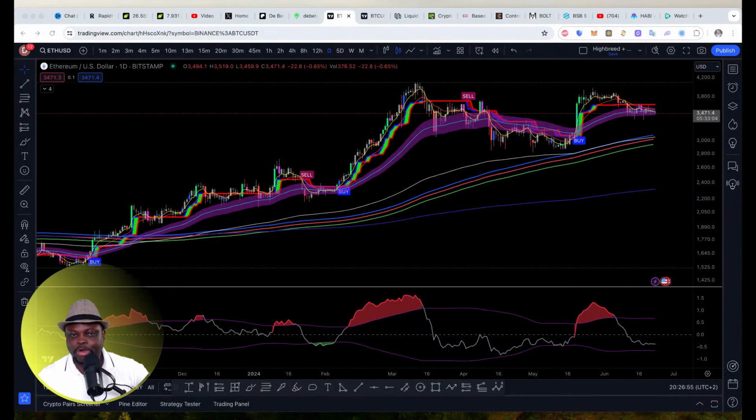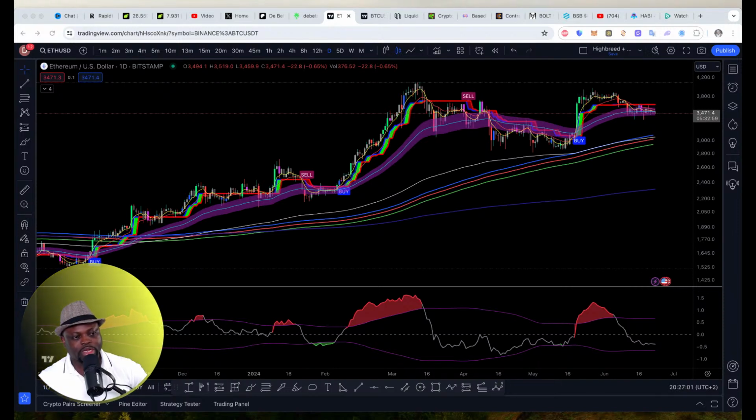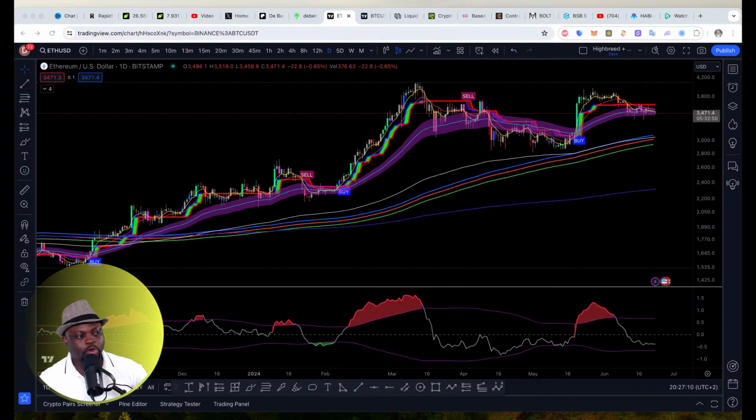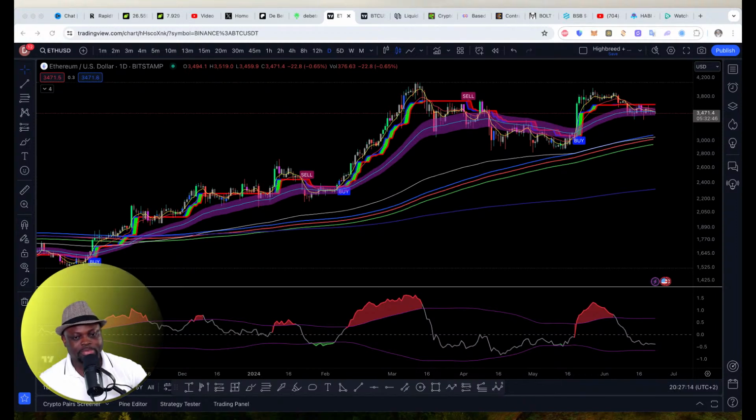So I'm gonna do this with a chart of Bitcoin. It's gonna be easier if we do this with Bitcoin, because I want us to see the bigger picture, to see like we have more data doing this with Bitcoin. Since Bitcoin is also the alpha, it's good that we use Bitcoin for this.